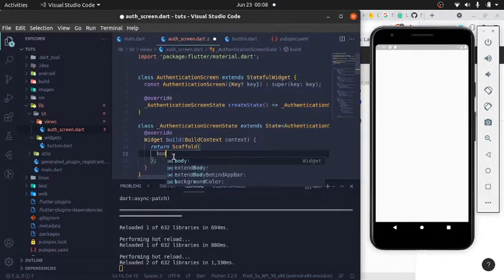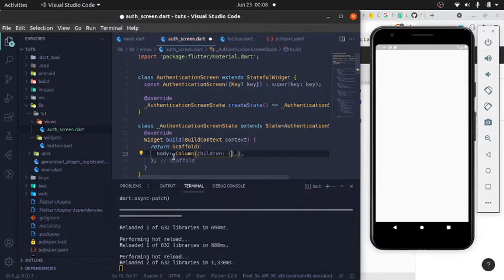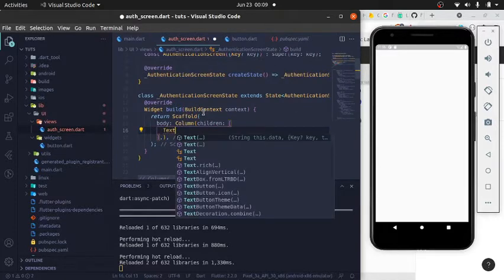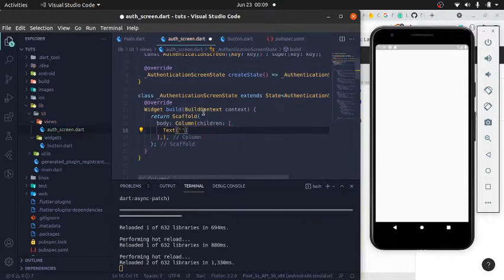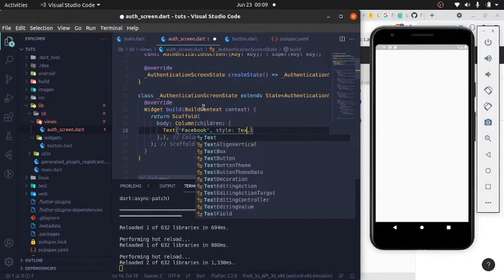The first thing we need to do is to get the body, and it's going to be a column because it has more than one widget within it. So it's going to be a column, and we have children. The first thing we have is the Facebook text. So we're going to have a text widget that takes in Facebook as a parameter. Then we get the style, the text style,